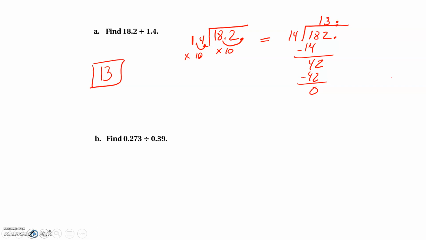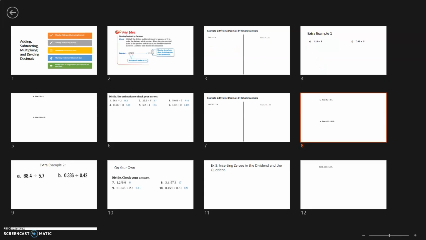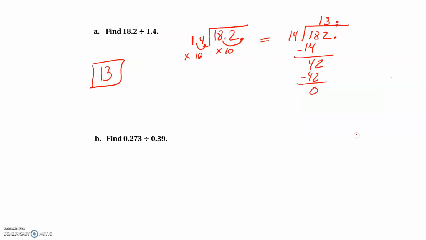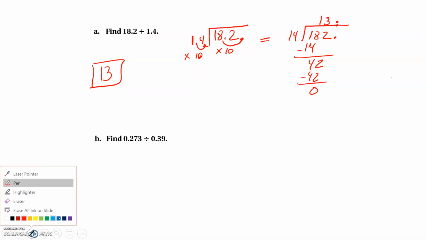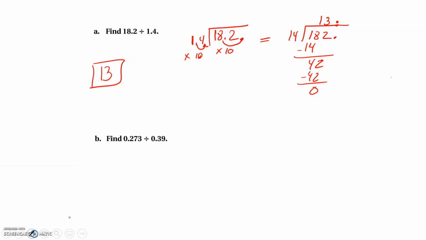All right, letter B. Ooh, what happened? Was it? You can't see this. All right, there we go. All right. So